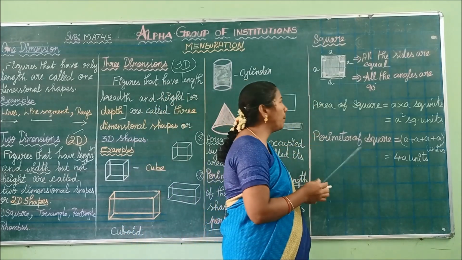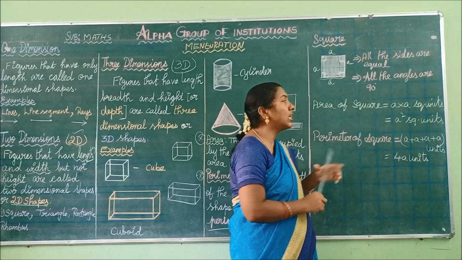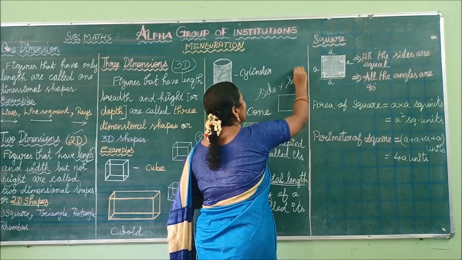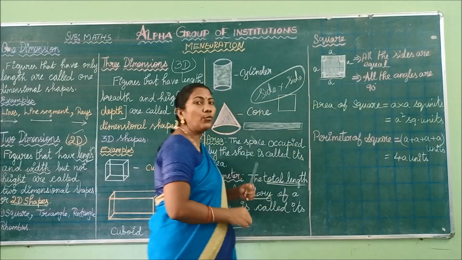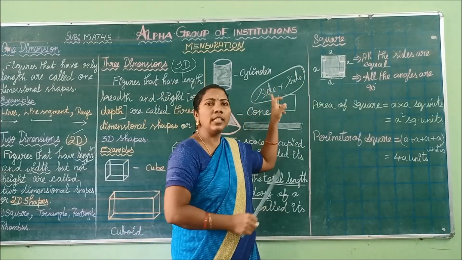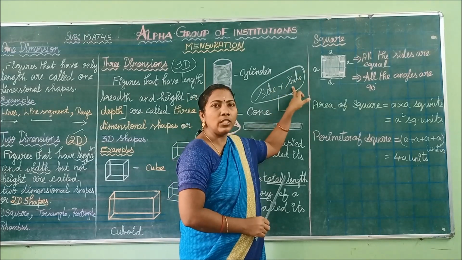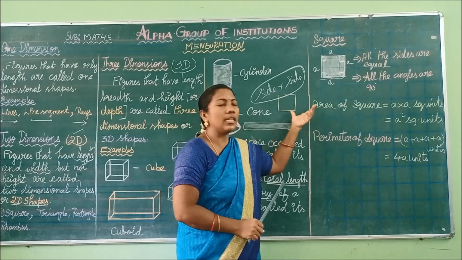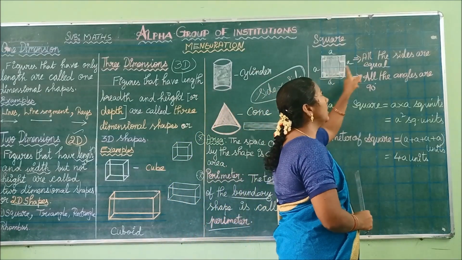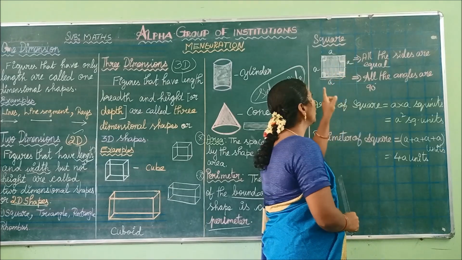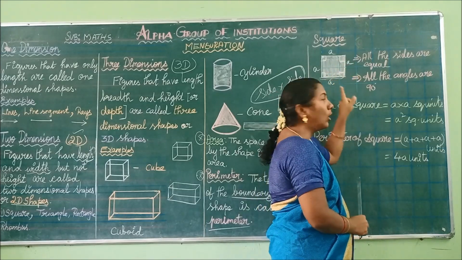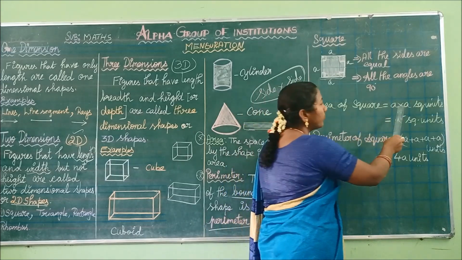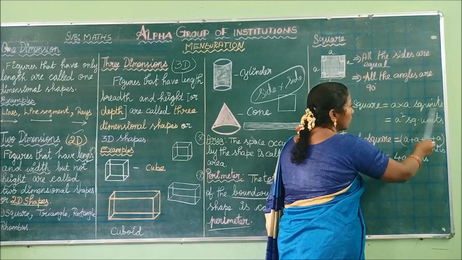Next we are going to find how to write the formula for the area and the perimeter of a square. The basic formula for area is side into side. Keep that always in your mind. If you multiply the side, which here means length, with the other side, which represents the breadth, you can easily get the area of the given shape. See here, both the length and the breadth of the square are the same. So if you multiply two sides of a square, you get its area. So area of square equals a into a square units.